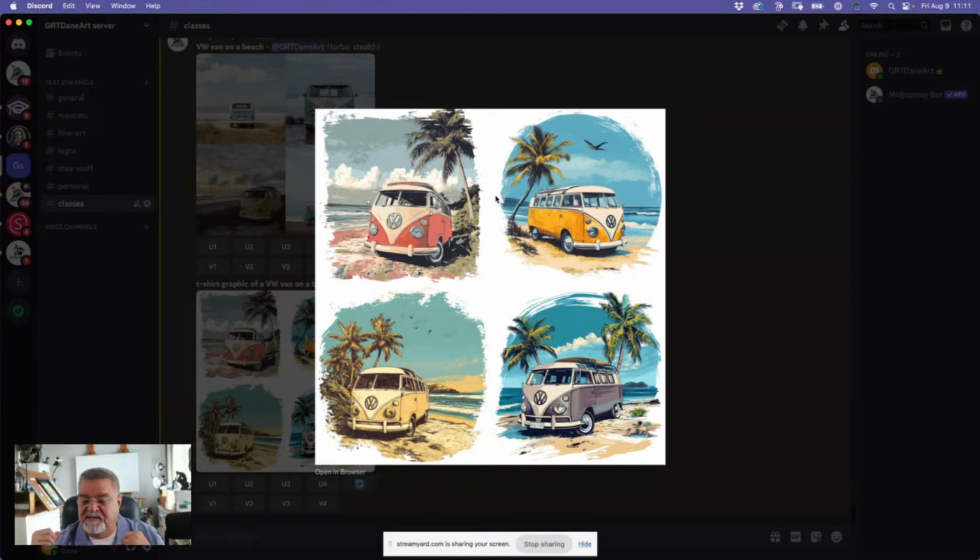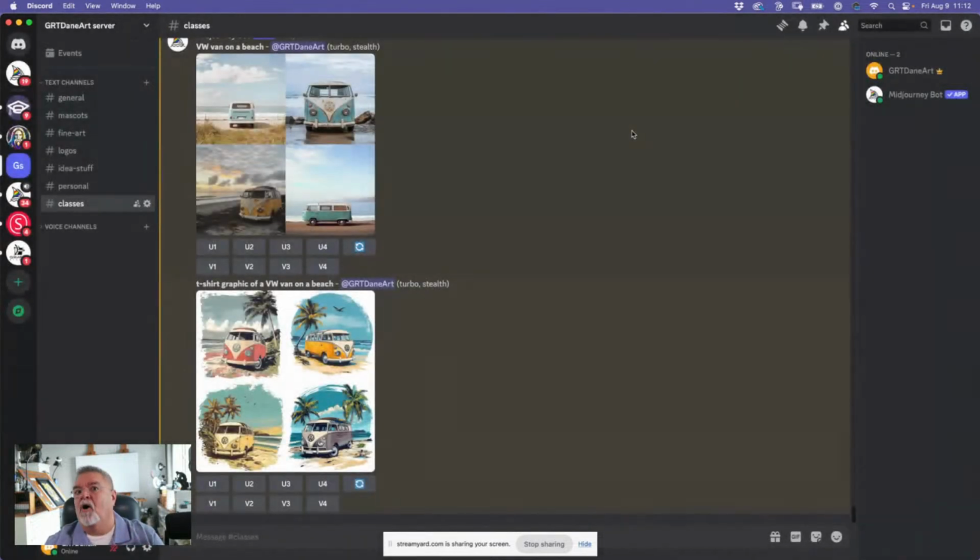If I say I want a t-shirt graphic, though, it tries to open it up and roughen up the edges, because it knows from all the billions of t-shirt designs out in the world that it stole from that the best t-shirts don't have solid, perfect square edges or perfect round edges, things like that. It breaks it up in some format or another. This is one of my all-time, always things to do in my prompting, because almost 95% of what I do is for some sort of t-shirt or apparel. If I want to do a sticker or a patch, I might put those in there, but the t-shirt graphic